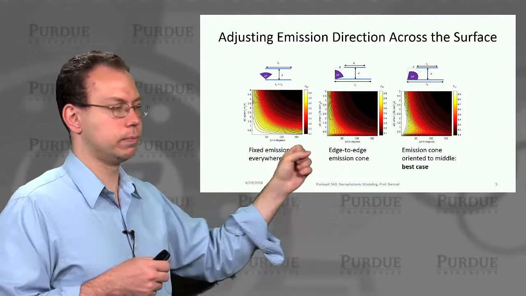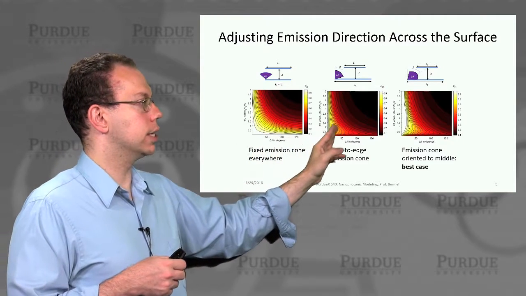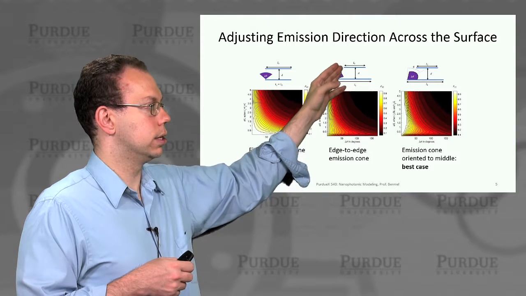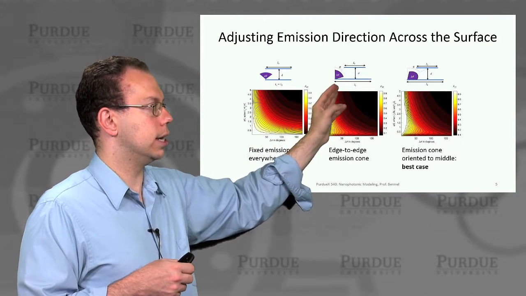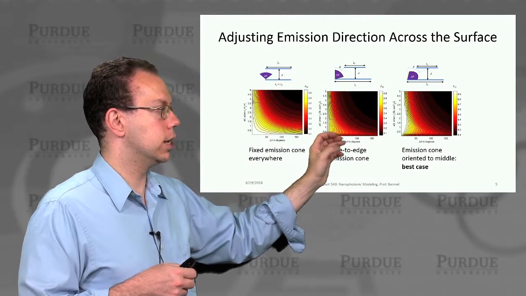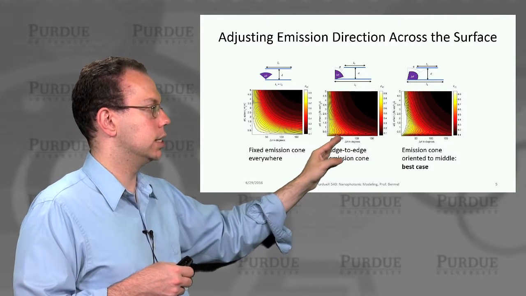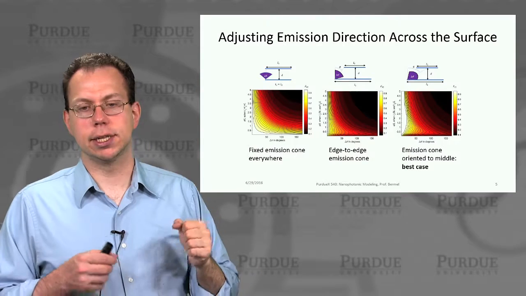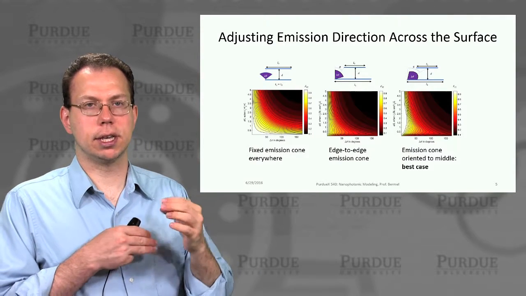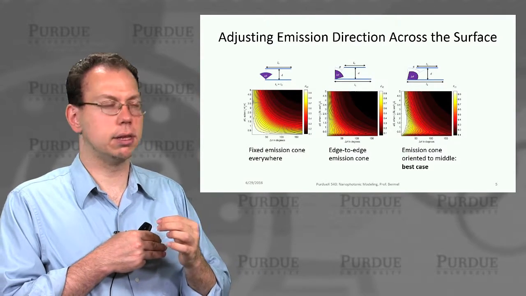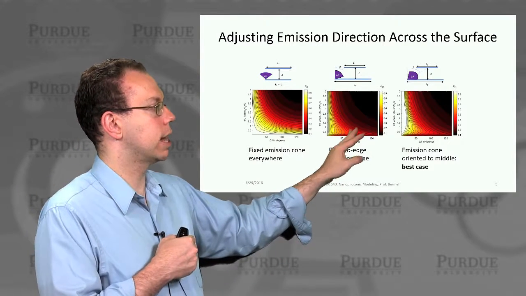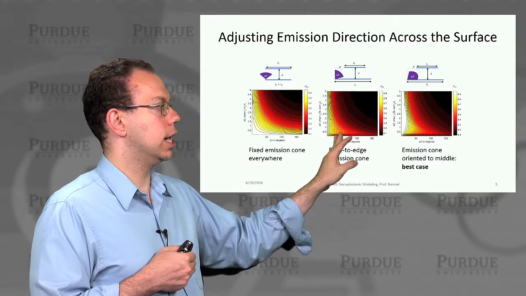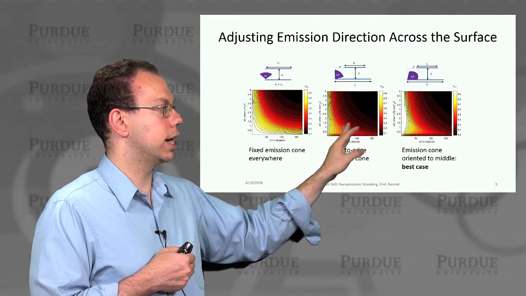emitter to receiver. Now, if you go to the second case, where things are angled towards the end to end, then it's not quite as good necessarily for these very small separations, mainly because the geometry is different. The receiver is smaller than the emitter, so it's not a true apples to apples comparison. But you can see, again, that it's kind of challenging to get a very high view factor.